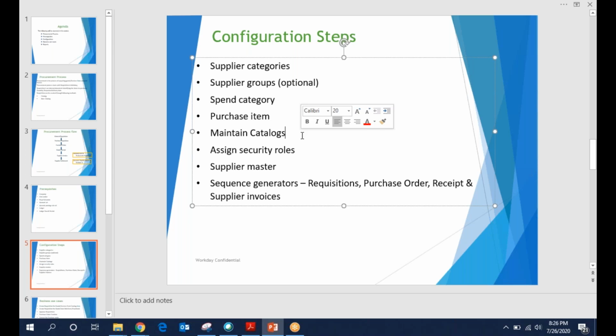Actually, it can be like that sometimes, and sometimes not. Catalogs can be loaded within the Workday and then bought within the Workday. And there are other scenarios where we can go to the supplier website directly and buy there also.